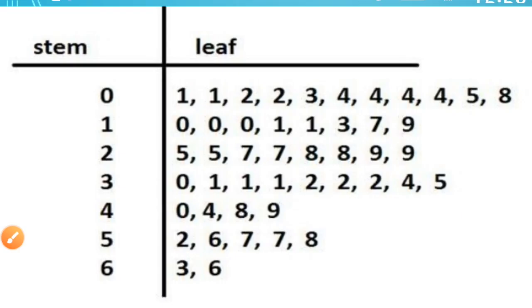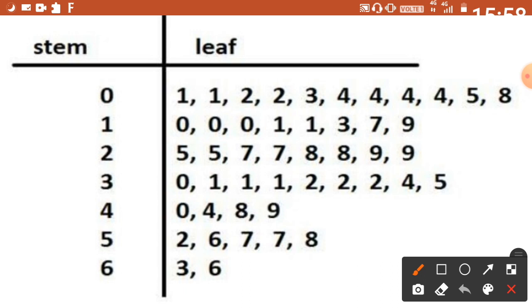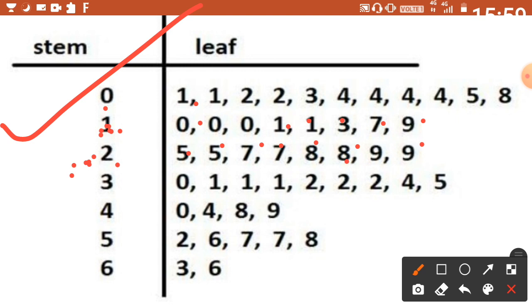So here is a sample, see how it's actually run. 10, 10, 10, 11, 11, 13, then 17, 19, 25, 25, 27, 27, 28, 28, 29, 29. So actually what happens, we can easily find the minimum value as well as the maximum value, and we can also find the one which is having the highest frequency, right?